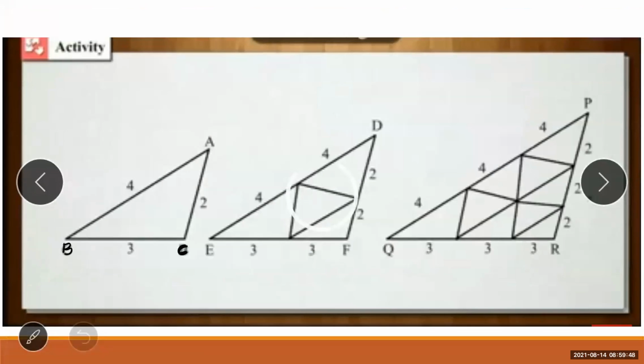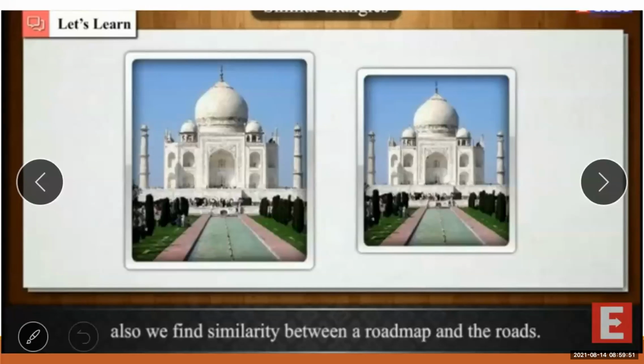Now see one more point here. In the case of a road map, when the road map is formed, what precaution do we have to take at the time of making it? The angles in the figures, the actual road and the map on the page, what is the similarity in it? The angles in the figure have the same measure in the map also.